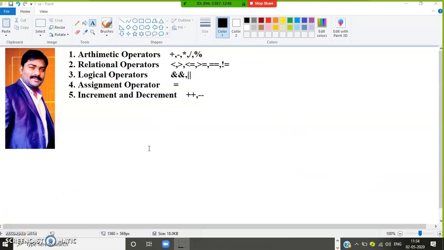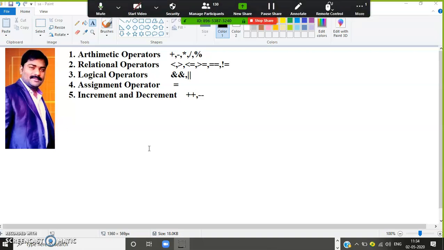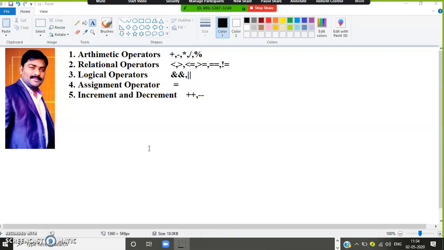The different types of operators are arithmetic operators, relational operators, logical operators, assignment operators, and increment and decrement operators. Arithmetic operators are used to perform calculations, like calculating the total marks of a student or the percentage of marks. Similarly, if a customer has purchased some items on Amazon, to calculate the total bill you add all the item prices. To do these types of calculations, you can use arithmetic operators.